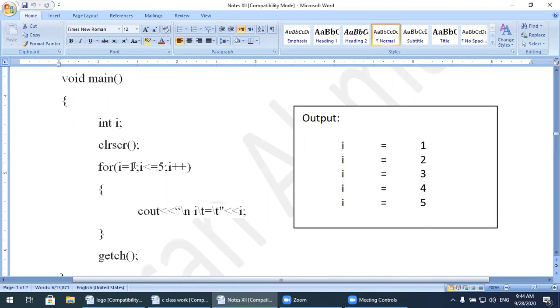The loop should be like this: i = 5; i >= 1. When we move from top to bottom, we use greater than or equal to 1. Then not increment, because the first value is 5, then 4, 3, 2, 1. So it is decrement, and we will use i--. In the cout, we use this kind of statement: i = 1, i = 2, and so on.